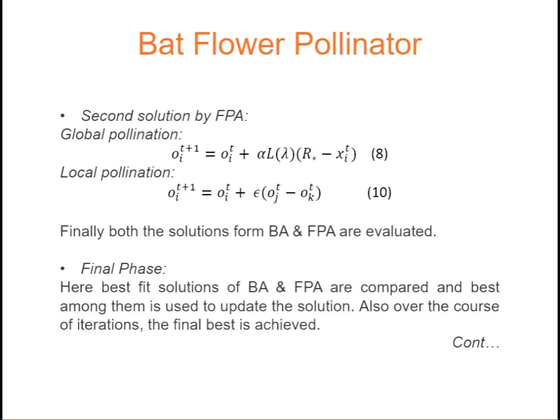In the global pollination phase, more exploration is to be done, so two random solutions should have been taken, and then the results should have been better. But since they have taken the best of these, there might be degradation in the performance of the algorithm. Towards the local pollination, the same has been done, because in the local pollination two random solutions have been taken instead of one best solution and a random solution. If they would have taken the one best solution and a random solution, then the results would have changed and this would have given better results.